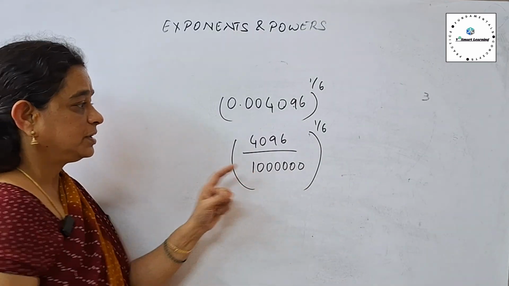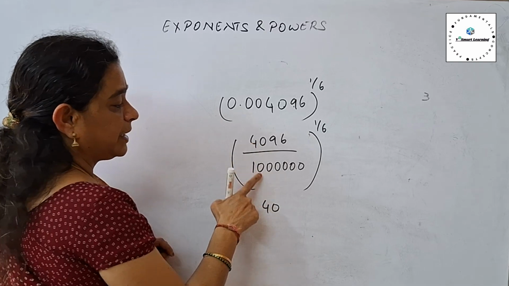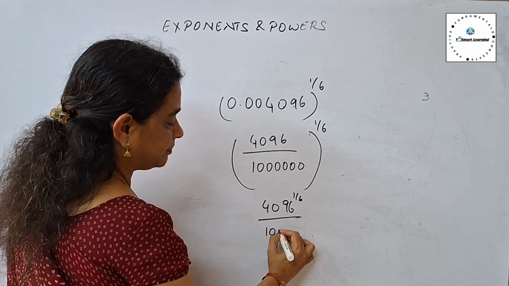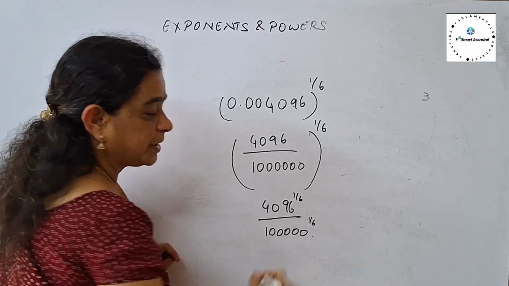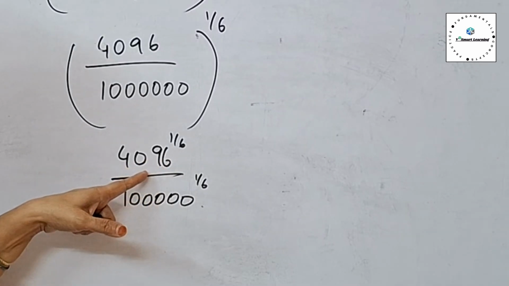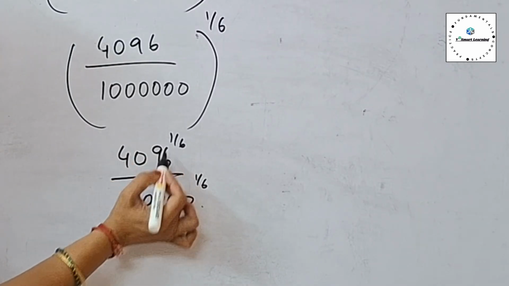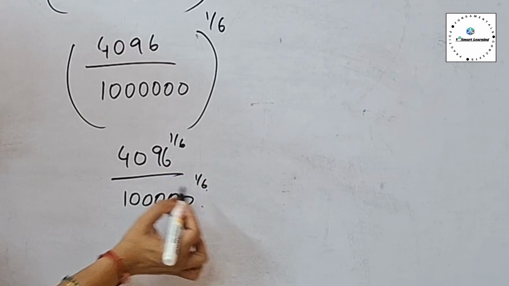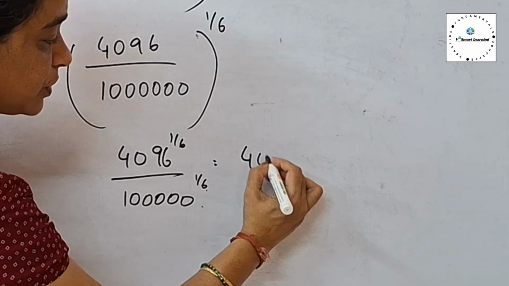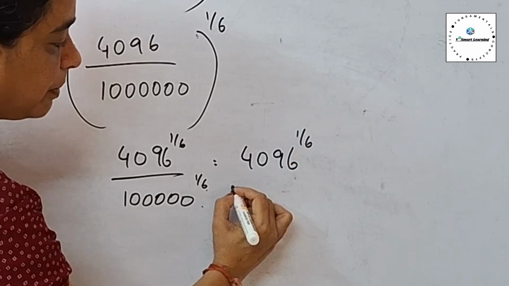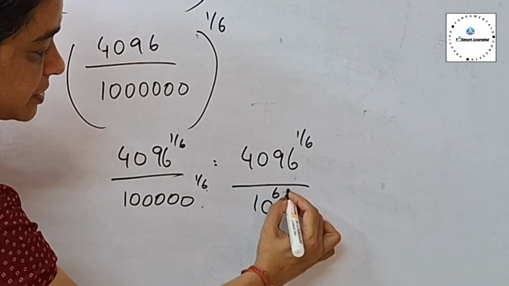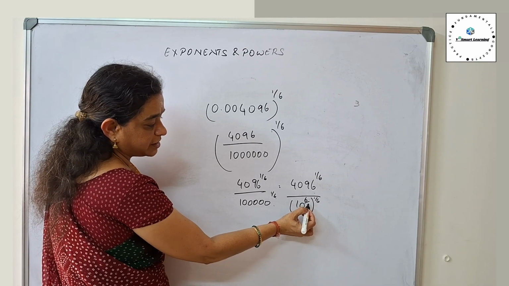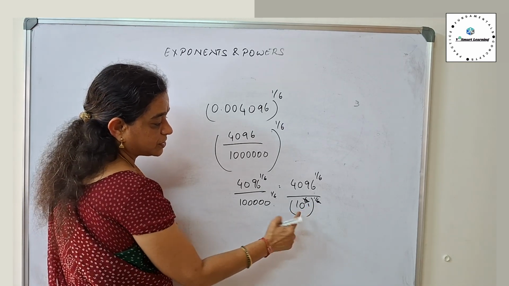Right? Now I told you this is very easy. This is (a by b) to the power of m is a to the power of m by b to the power of m. Right? Now how do I find out what this is? I can express this and this as a power of 6. Why? Because this 6 can get cancelled. So I don't know what 4096 is. I have to find that out. Let's do it. This is 10 to the power of 6, whole to the power of 1 by 6. So which means 6 into 1 by 6, this is nothing but 6 by 1. So 6 goes. I get a 10 here.